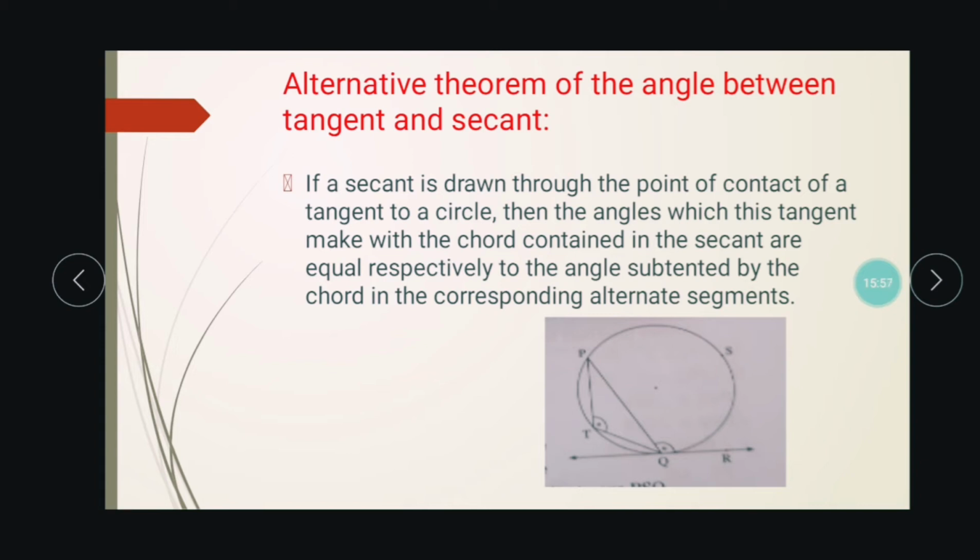Angle inscribed theorem. After that, angle PQR is equal to half the measure of arc PXQ, by the angle made by tangent secant theorem. Now in both cases, this angle is equal to half the measure of arc PXQ, and angle PQR is also equal to half the measure of arc PXQ. So the right hand side is equal, so ultimately the left hand side will be equal. From this we come to the conclusion that PTQ is equal to PQR. This is also known as angles in alternate segment are congruent.